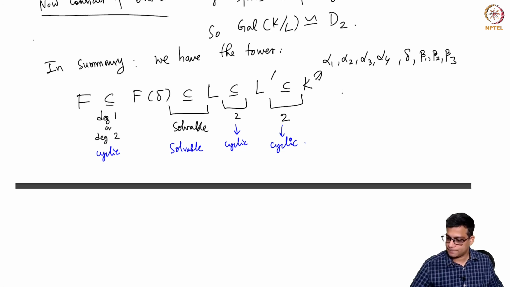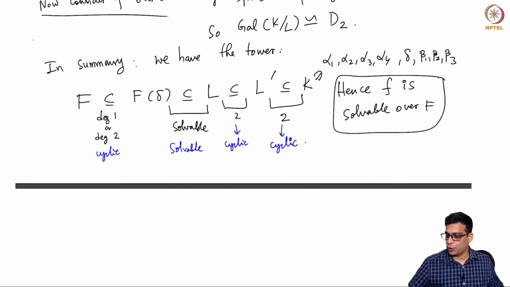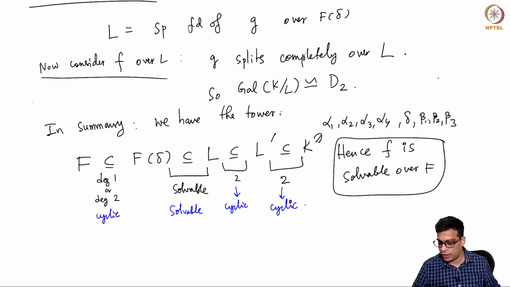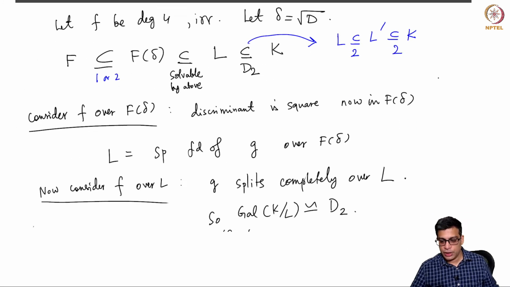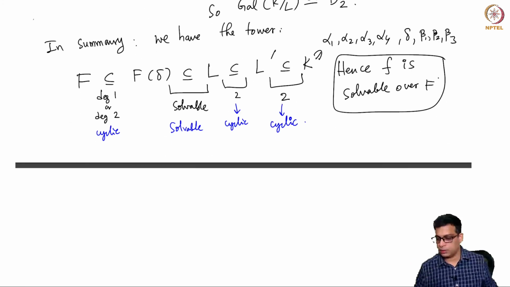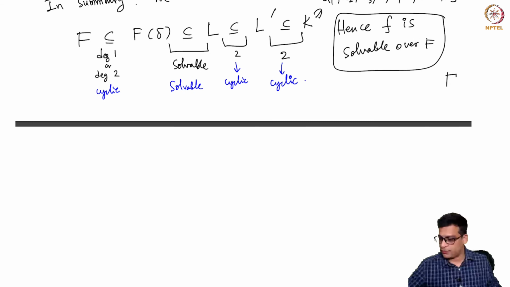So hence f is solvable over capital F. Okay. So this is a beautiful argument, right? So you have all the roots living in a field which is a radical extension, by our general theorem that we have proved. That theorem is crucial here because we are not talking about radical extensions here at all. I am not saying that each of them is obtained by adding a radical. I have taken care of that in my previous theorem, and now I am only saying that each of them is a cyclic extension. Okay. So small f is solvable over capital F, and this finishes the theorem.